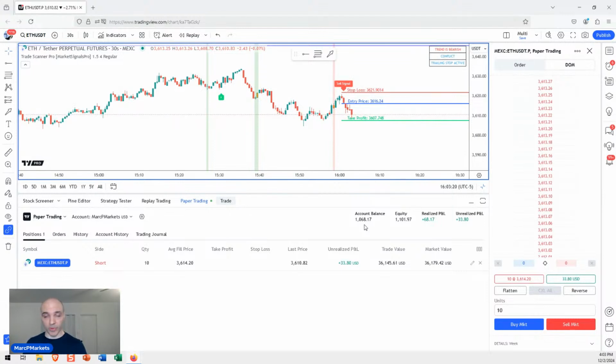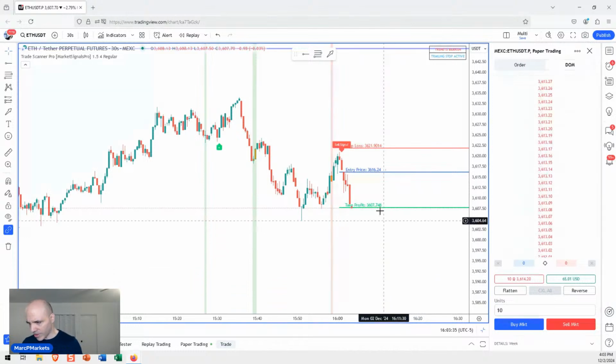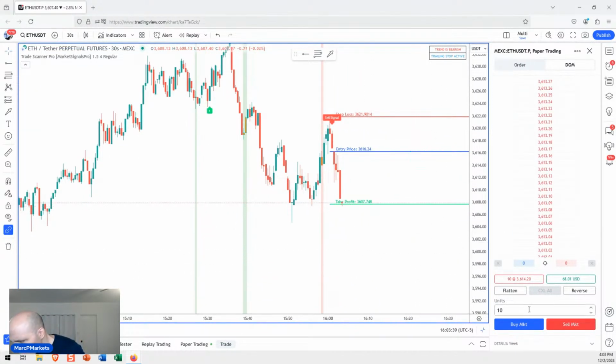And the goal for something like this would be to do $100 per day, something like that, which is 10%, which is kind of ridiculous in reality, but that would be the general goal, right? So I wanted something more realistic, and I'm being charged commissions. So, oh, look, while I was speaking, it went to the profit objective. Nice. All right, so in a situation like this, let me see.